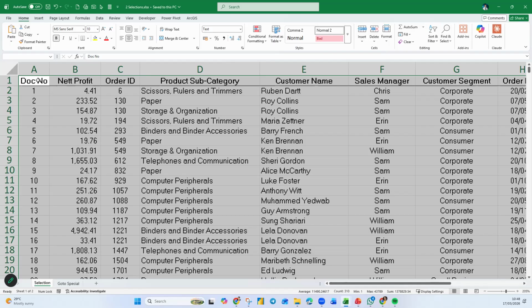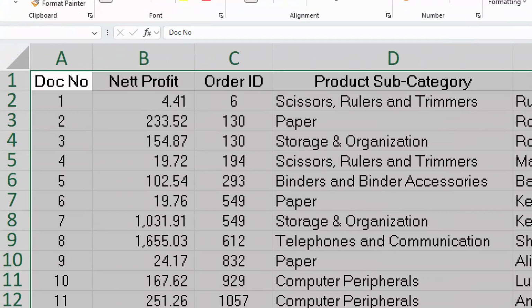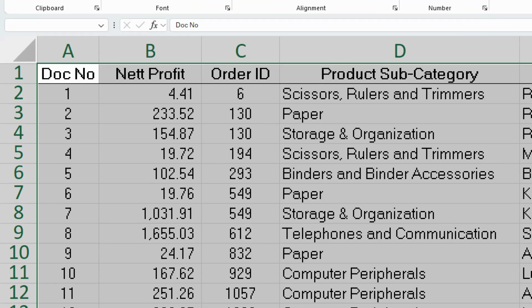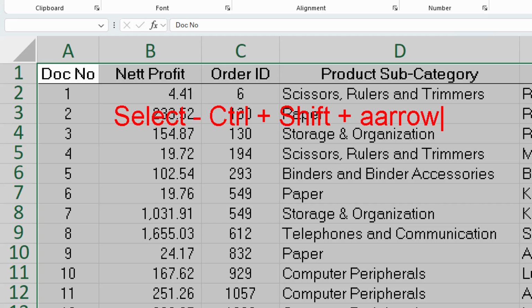So what are we talking about just now? We're talking about selecting, S-E-L-E-C-T, select. We talk about Control plus Shift plus the arrow, whether it's right or down.